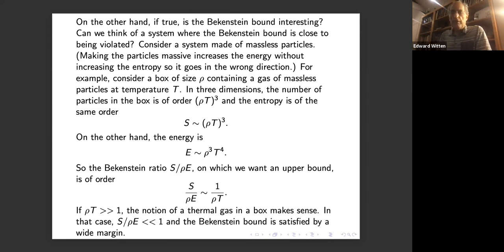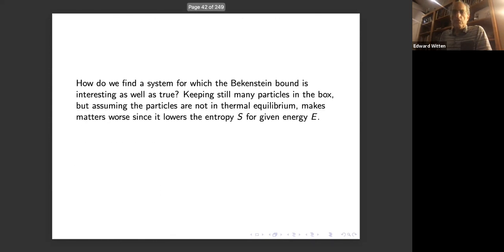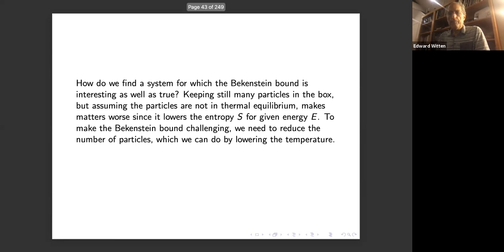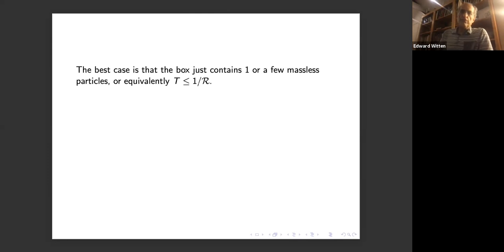Well, can we make the Bekenstein bound more interesting by considering something else? Well, still with many particles in the box, but assuming the particles aren't in thermal equilibrium, makes matters worse, because it lowers the entropy S for given energy E. Thermal equilibrium maximizes the entropy for given energy. To make the Bekenstein bound challenging, we need to reduce the number of particles, which we can do by lowering the temperature. The best case is that the box contains just one or a few massless particles, or equivalently that the temperature is no more than 1 over the size of the box,